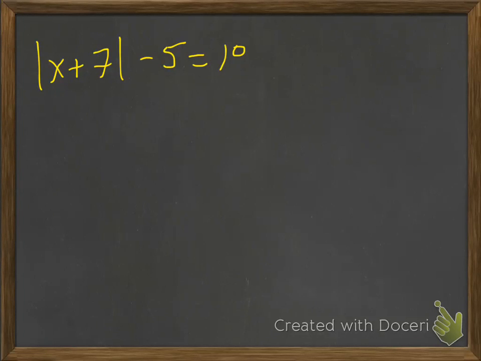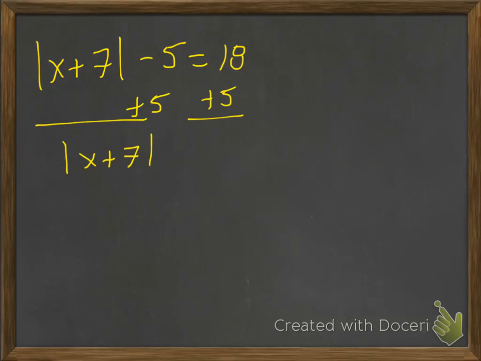Okay, we're going to take a look at solving two absolute value equations. The guideline for these is to isolate the absolute value, whatever it is. So in this particular problem, the first thing we would do is add 5 to both sides. So we have absolute value of x plus 7 is equal to